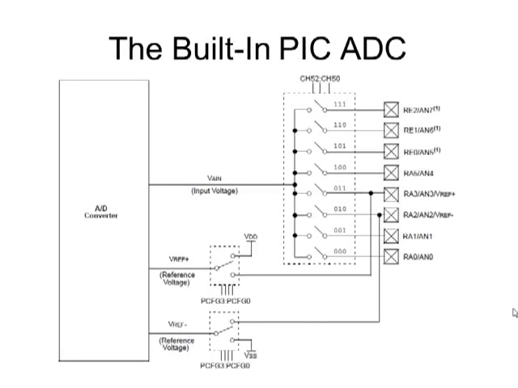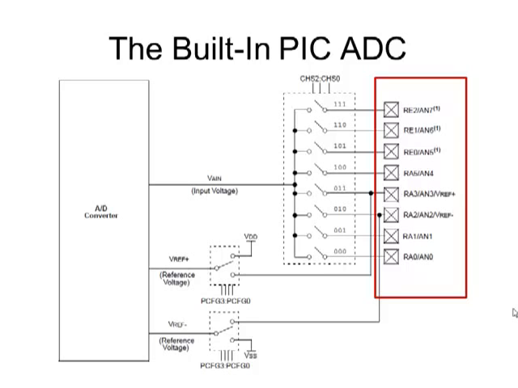Now, the PIC has a built-in analog to digital converter. A lot of microcontrollers have A to D converters built into them. So we'll take a look at it a little piece at a time. Now, this ADC has 8 different channels, which means that it can look at 8 different